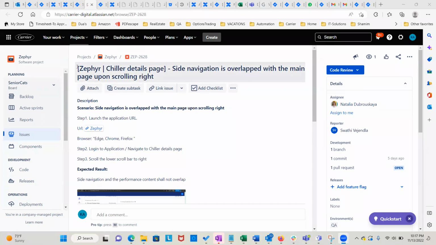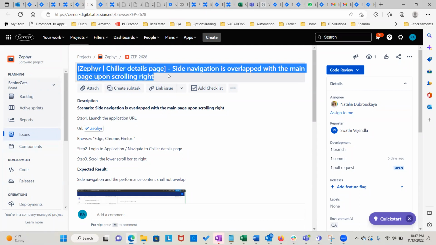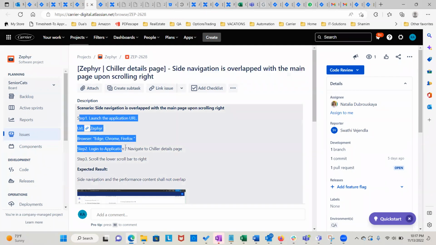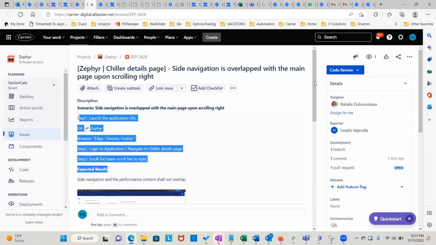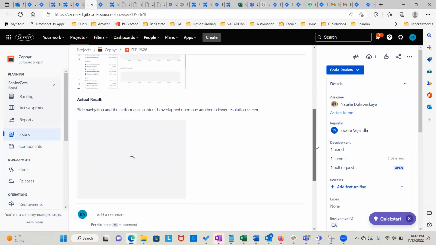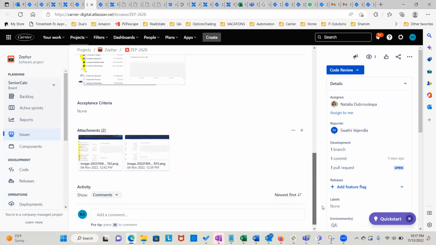The first part right here, obviously you understand, is the summary of the defect. Under the description, we have the steps. We're providing the URL, the browser detail, the steps, the expected result, the screenshot, and the actual results. Everything is there, right?